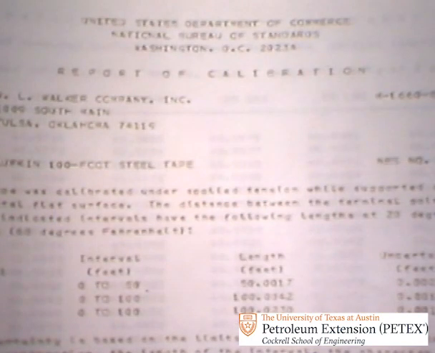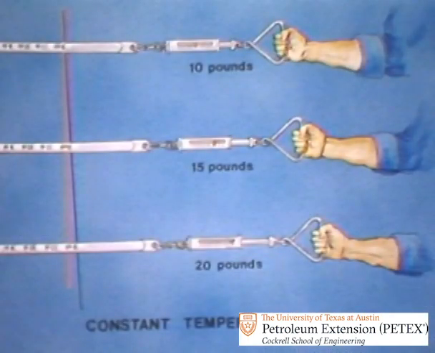The report that goes with it attests to the tape's accuracy under specific conditions. One condition is tape tension at 68 degrees Fahrenheit. To explain, take a tape at 68 degrees, apply 10 pounds of tension to it, and mark a distance, say 100 feet. Then apply 15 pounds of tension to the same tape and again mark 100 feet. Finally, apply 20 pounds and mark it again. Now, all 3 distance measurements are different. Which one's correct? Well, the only way you'd know